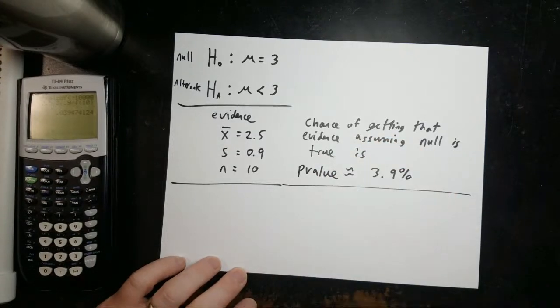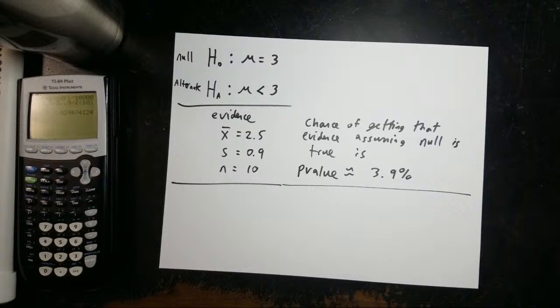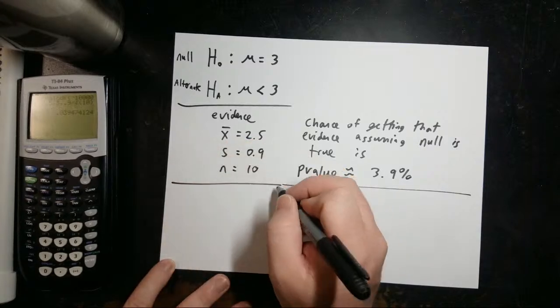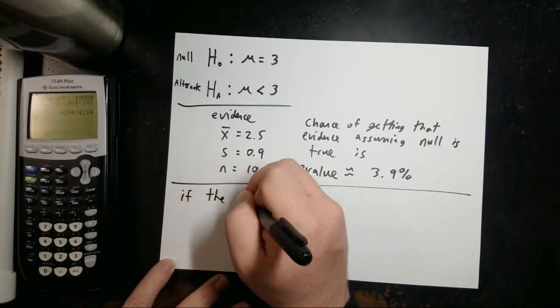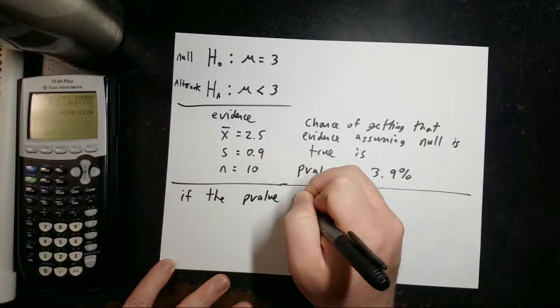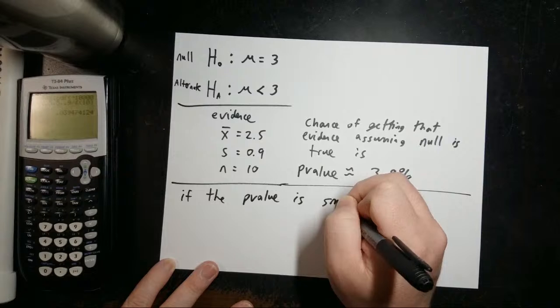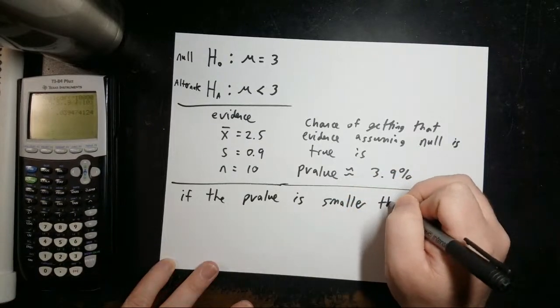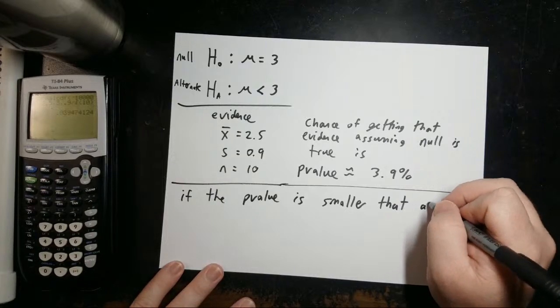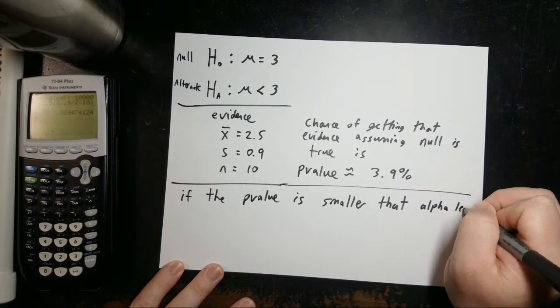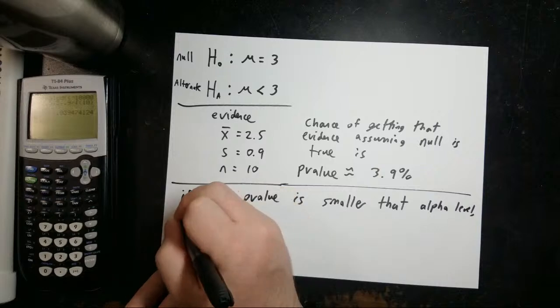It's a technical statistical term that they call a p-value, the chance of that happening. Well, if the p-value is smaller than what we call the alpha level, which is